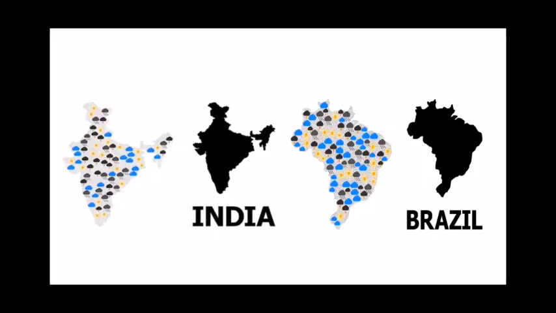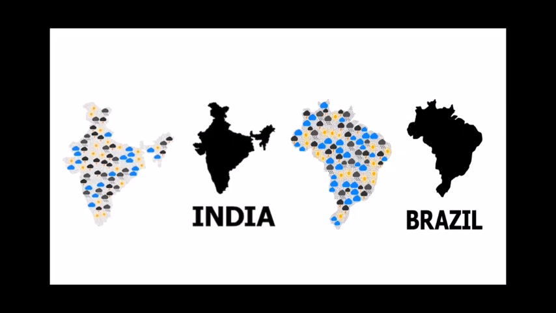Chapter in geography, that is climate. So children, what is the difference between climate and weather? Weather refers to short-term changes in the atmosphere, like a sunny day, a dull day, or a pleasant day, whereas climate describes what weather is like over a long period of time in a specific area. In this chapter, we will be learning in detail the climate of India and Brazil.